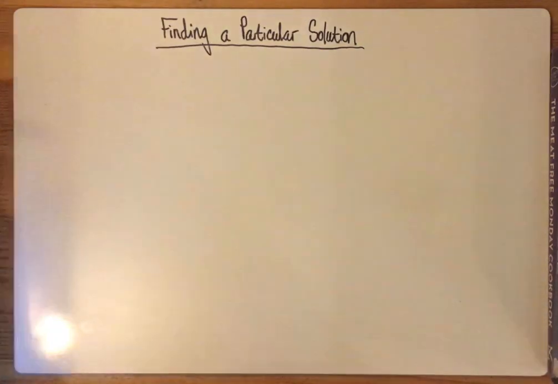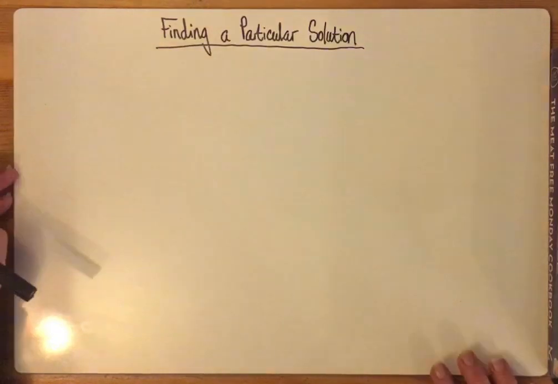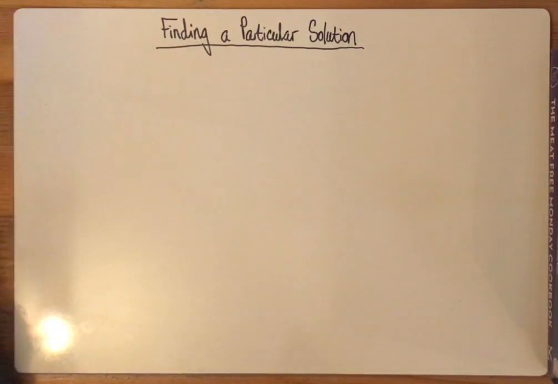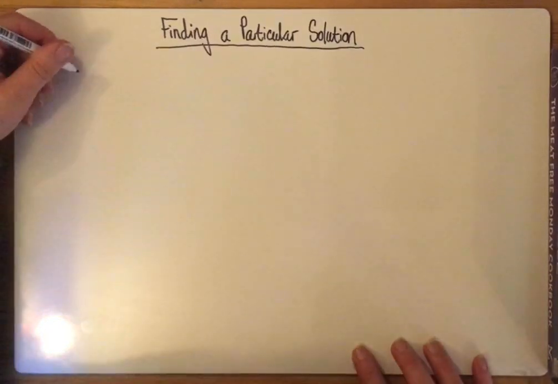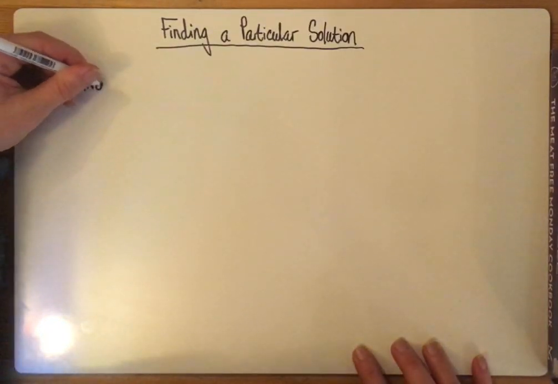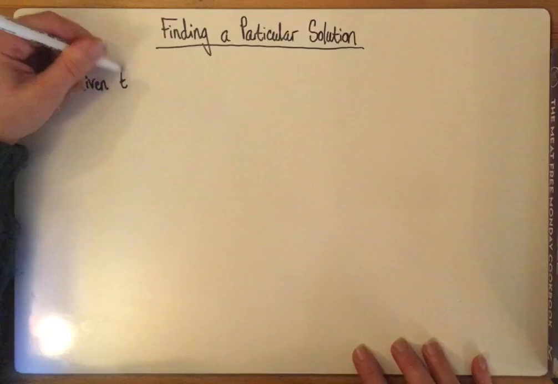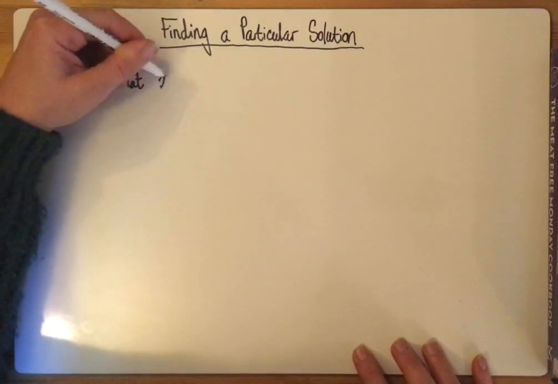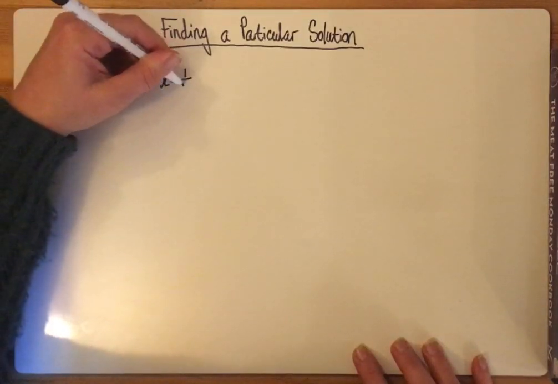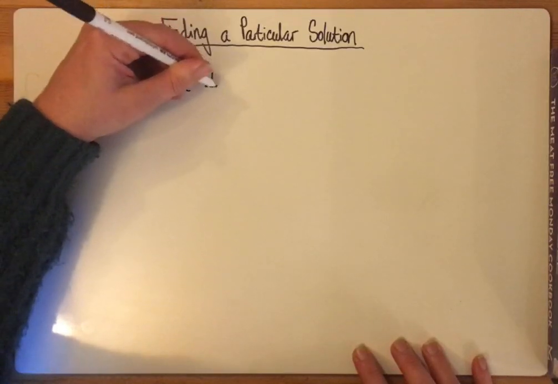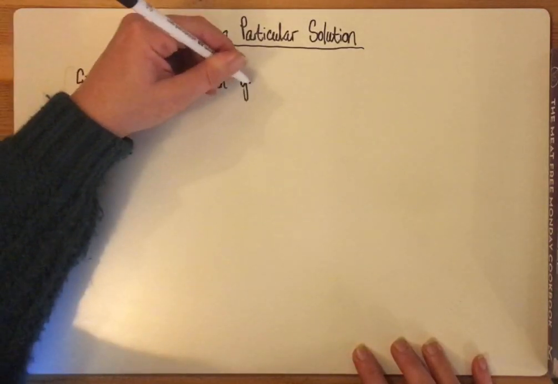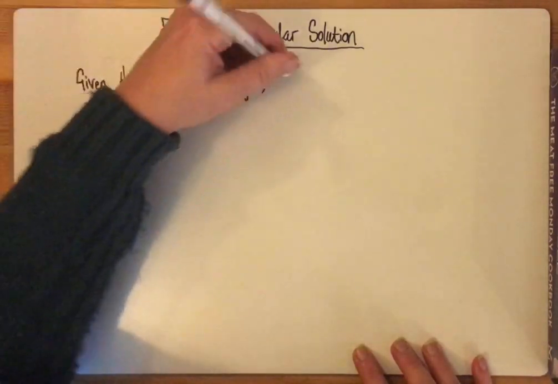Okay, I'm just going to go over one example today, finding a particular solution. I'm not making it any harder. It's just how to find the constant, basically. So we need some boundary conditions. So given that x equals a half when y equals 6, solve